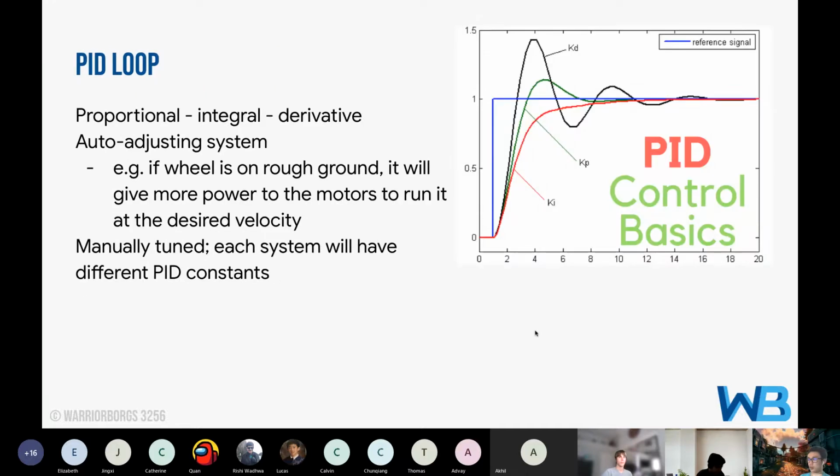The form of closed loop that we use most often is called a PID loop. PID stands for proportional integral derivative, and this is an auto-adjusting system. This is the example I was using: if the wheel is on rough ground, and you run this loop, it's going to give your motor more power to run it at the desired velocity. And PID loops are manually tuned, which means each system is going to have a different set of PID constants. As you can see on the right,